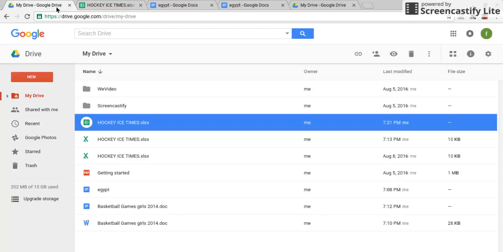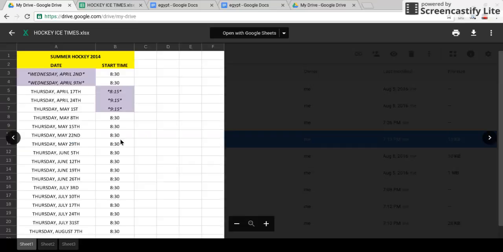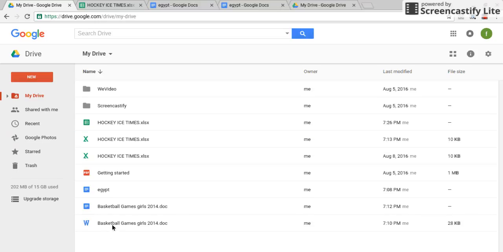Now, if I go back into Drive, what you'll notice is we have the original Excel document right here. If I open it, it shows up as the PDF format. And I have the identical duplicate, Hockey Ice Times, in Google Sheets. So Google Sheets is the identical program as Microsoft Excel. And just like down here below, we had Microsoft Word, the W, opened up as Google